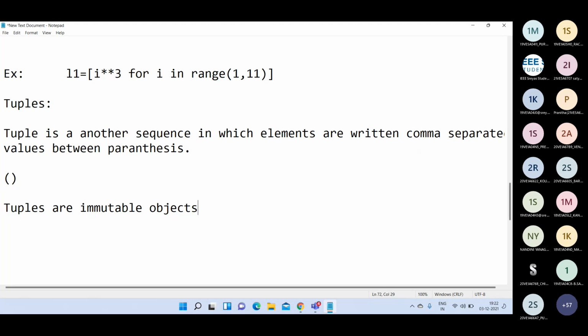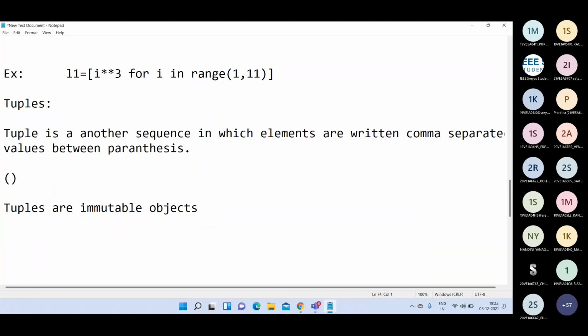Once the tuple values have been assigned, it is not possible to modify them. Tuple elements should not be modified. Clear? Yes, sir. So tuples are immutable objects.